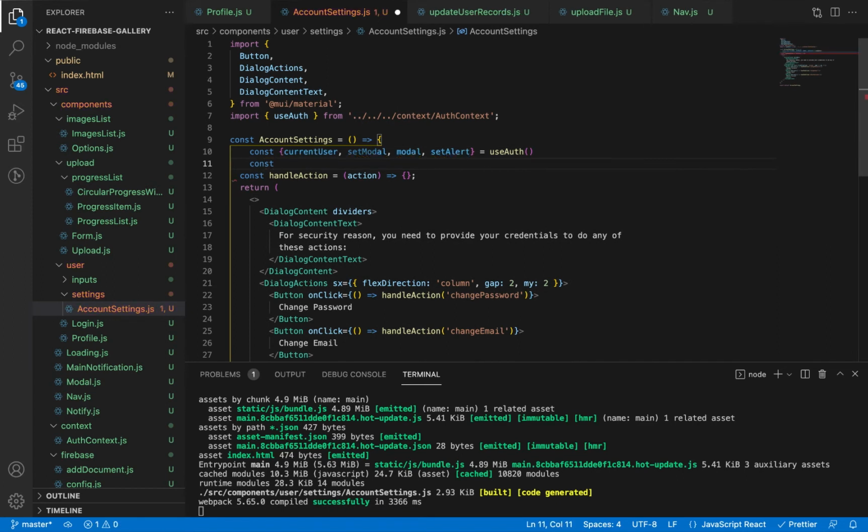Let's create this variable to check which provider we are going to use,